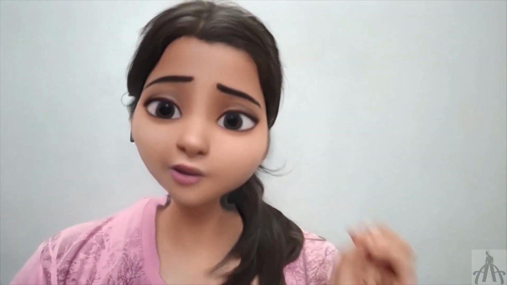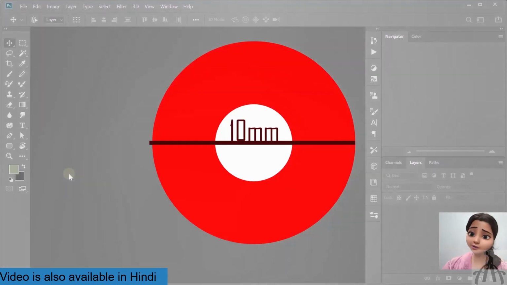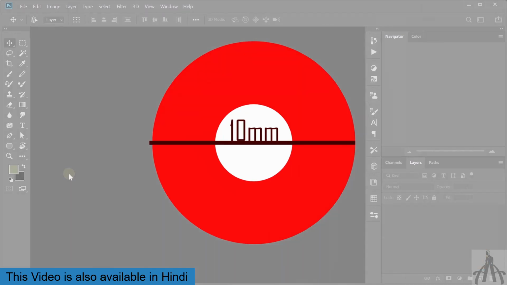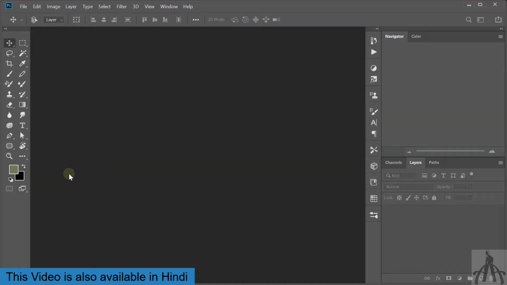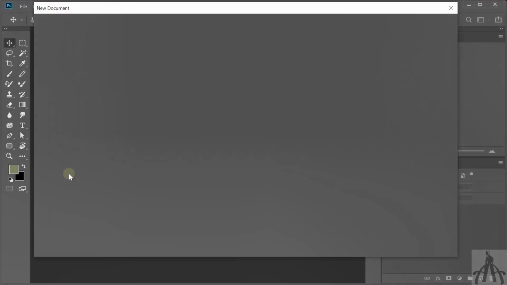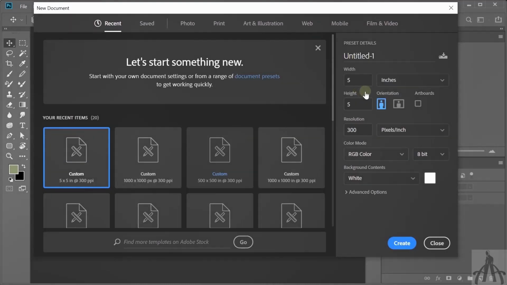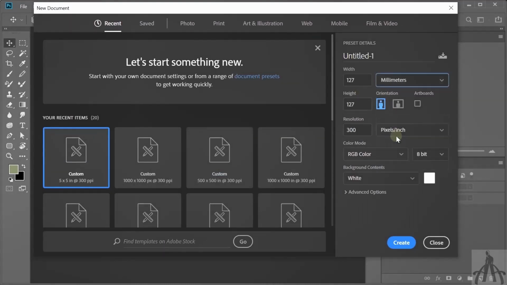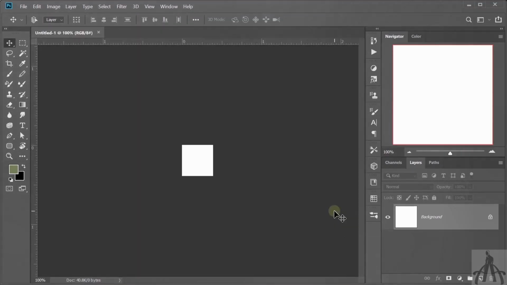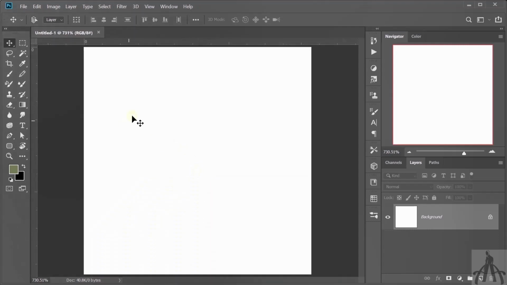So before making one, let me tell you how a sequence is measured. The outer diameter of the sequence is measured. Like this one is 10 mm in size. Similarly, you can measure it and buy the size you need from the market. I am creating a simple circular sequence and for that I need to open a new document. I am going to create a 10 by 10 mm file for this. Our file is ready.